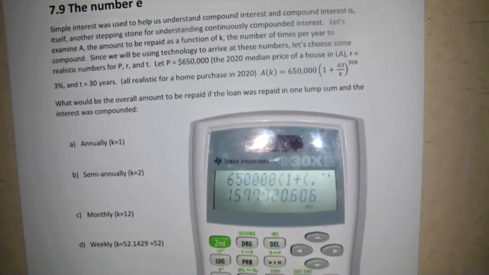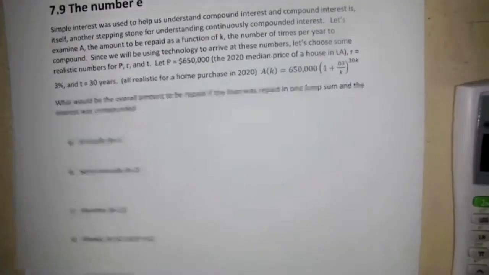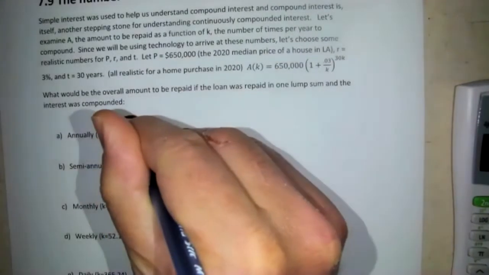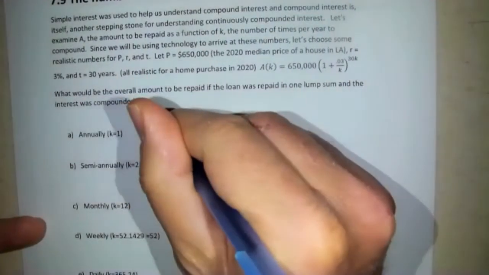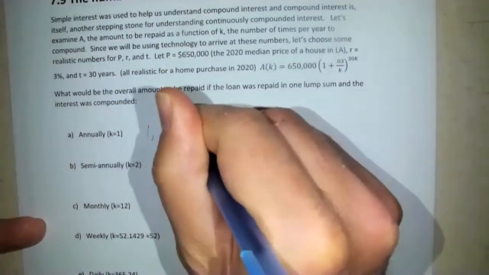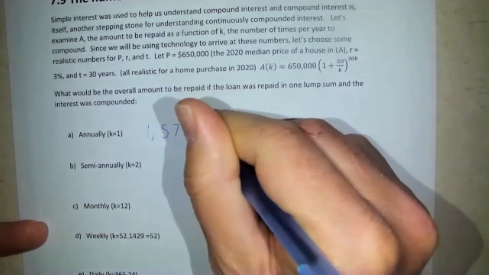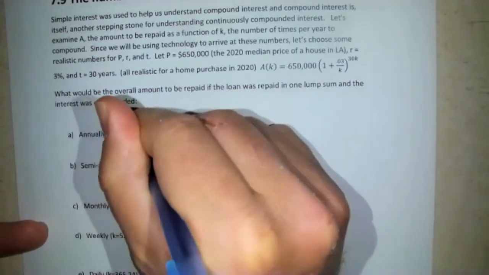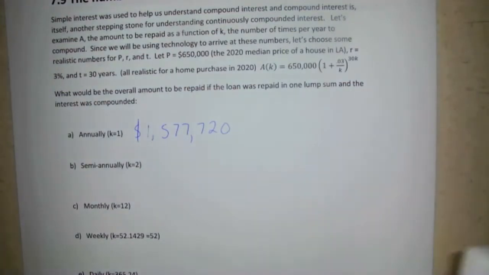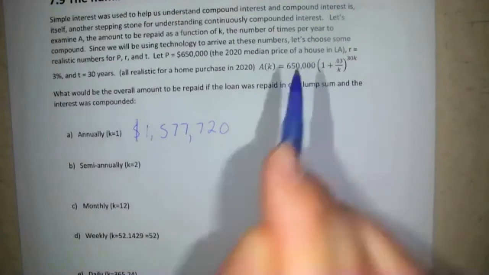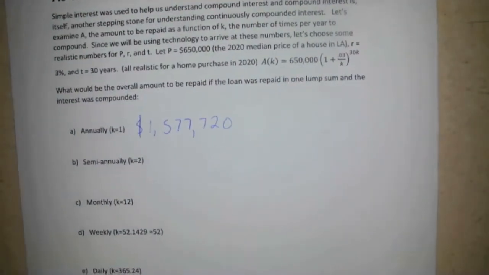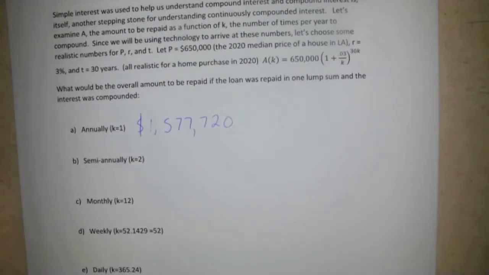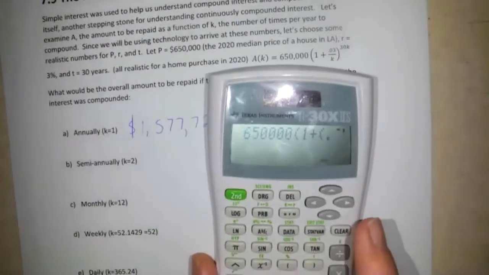Which we can copy down. All right, so it looks like 1,577,720. Okay, quite a lot considering it was originally a $650,000 loan. If I change that to semi-annually, the beauty of what I did and the way I did it is